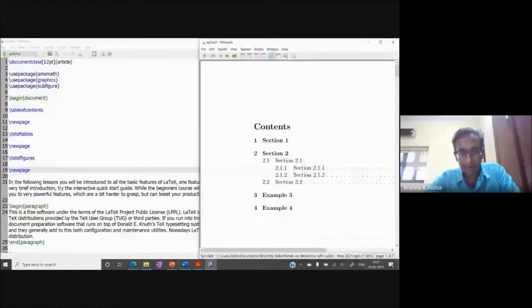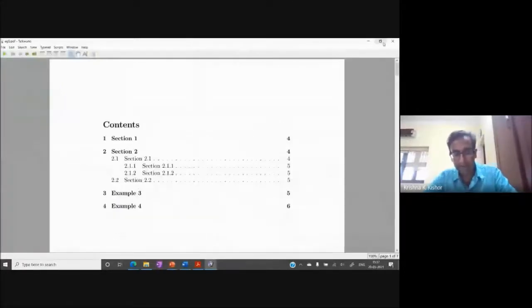That's it. So now automatically the table of contents page is created. Automatically LaTeX identifies that you had 3 sections or 4 sections, you had these subsections, and it adds the page number appropriately. It also adds these dots in automatically. So nothing to worry about. It's done just fine.